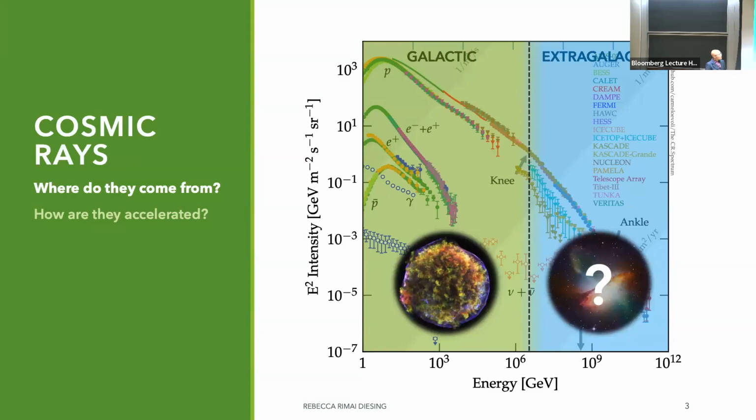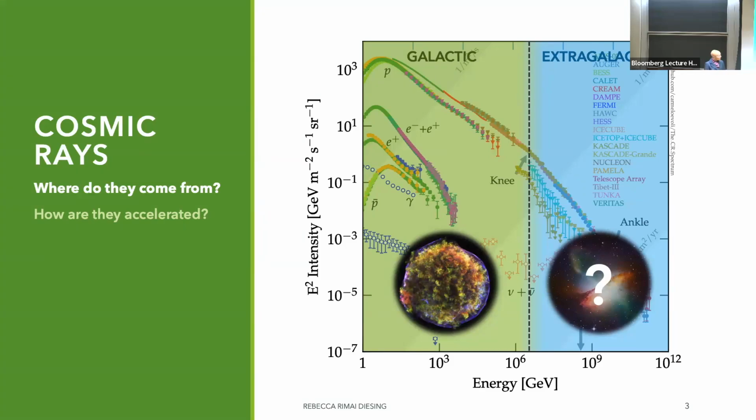At the higher energies, we know that these are of extragalactic origin. There's a dipole anisotropy that we have observed, and it doesn't point toward our galaxy. However, what is actually accelerating these particles, we don't know. There are lots of theories that invoke some portion of AGN, likely AGN jets. You can also play games with starburst galaxies. But the truth is we don't know where these extragalactic cosmic rays are coming from.